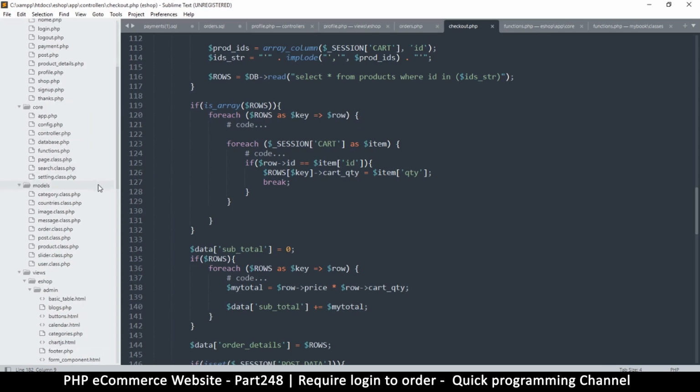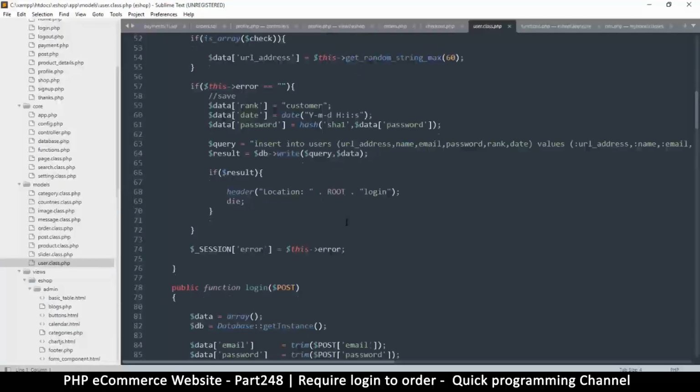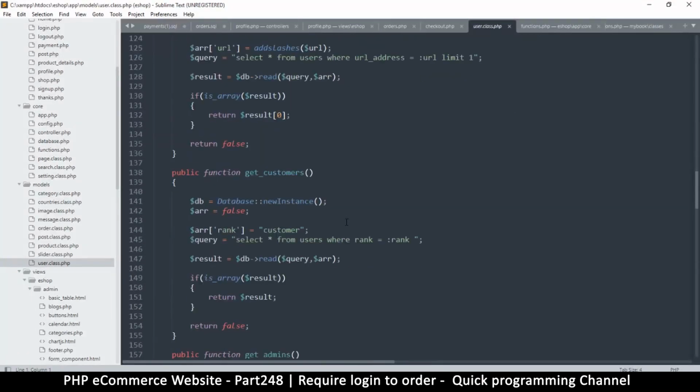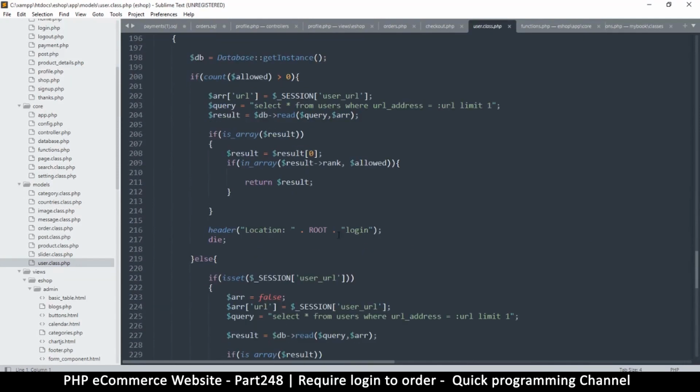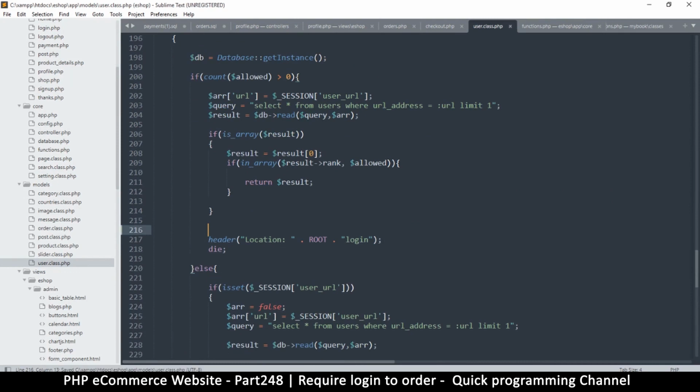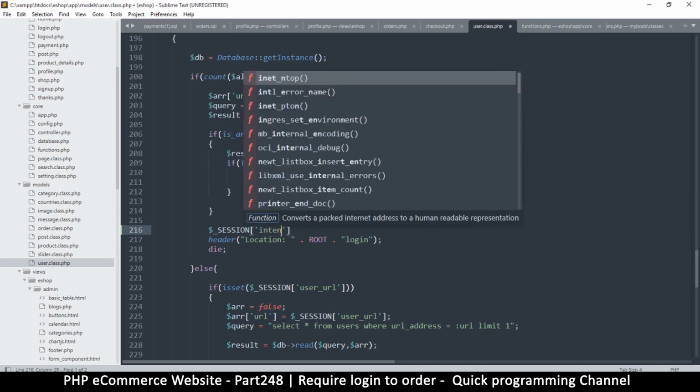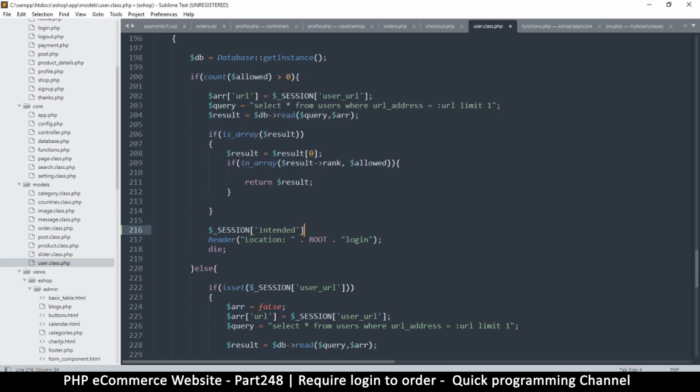So if we go back to our model user class here, and let's see, where is this? The check login right here. So if we're redirecting them to the login page, it means something is wrong. So right here we can save something. So we can just say user session, right? We can say session, let's call it intended, like that. So let's say intended underscore URL